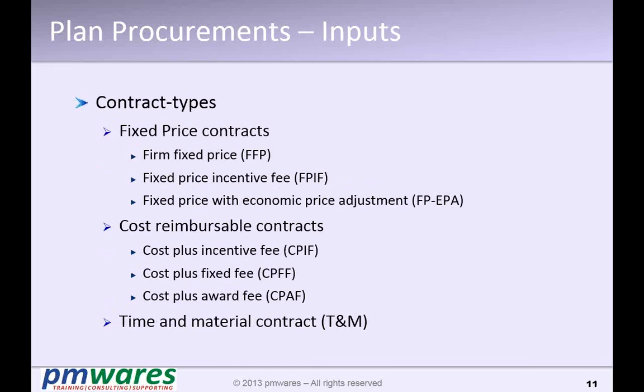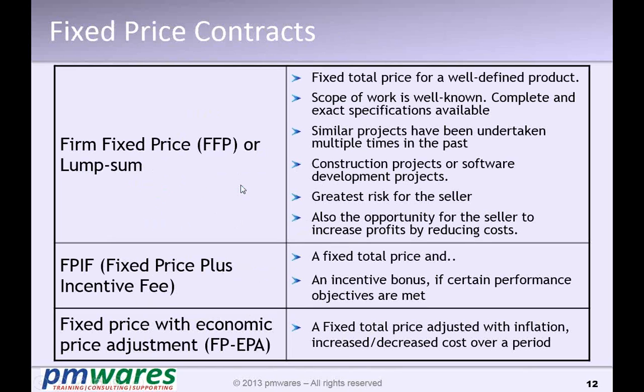So let us understand there are 3 types of contract. Three major categories: fixed price contract, cost reimbursement contract, and time and material, which we normally say is a hybrid of cost reimbursement and fixed price because it contains the flavor of both. So it's a blended contract type. So what is a fixed price contract? The firm fixed price contract, normally called FFP,